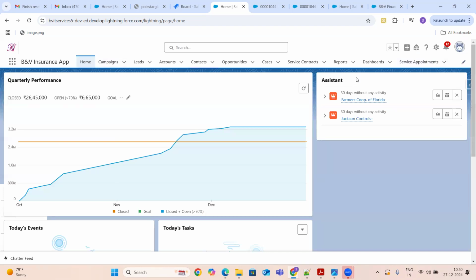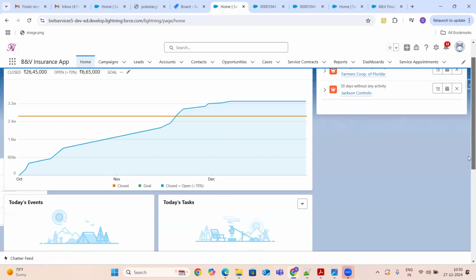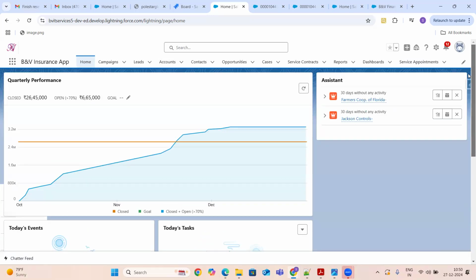This completely we call the navigation bar, guys. The one at the bottom, whatever you are seeing at the bottom, this we call the utility bar. You are able to see the Chatter feed, right? So this bottom one we call the utility bar, and the normal top one we call the navigation. So these are nothing but the different navigation items.